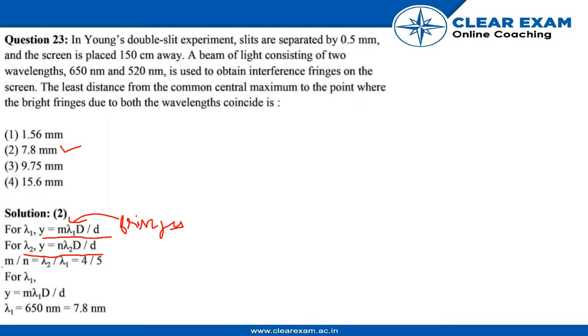So for that we do m divided by n, which is equal to lambda 2 divided by lambda 1, from these two equations. When we divide, we get 4 and 5. m is equal to 4 and n is equal to 5. So now for the distance